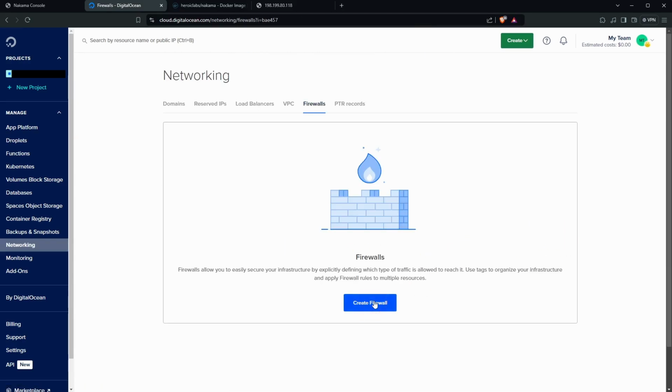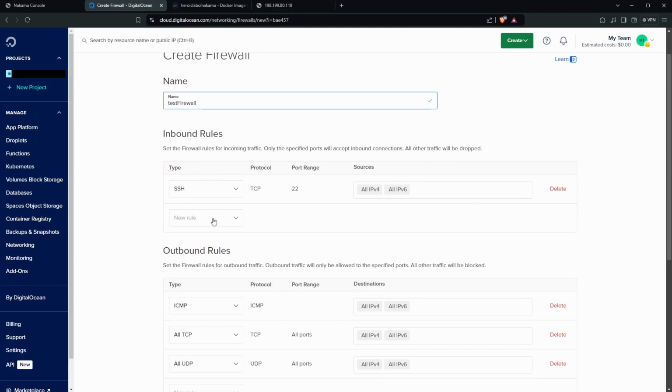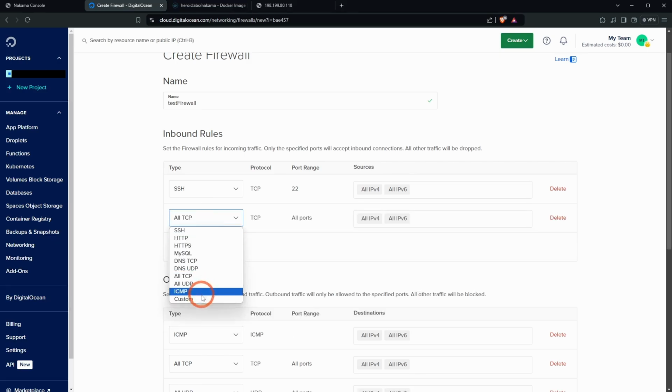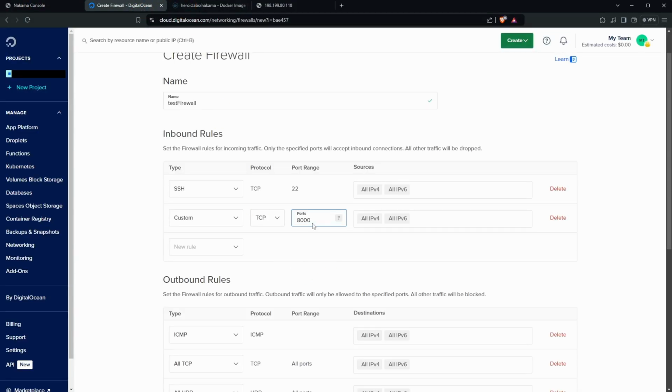Let's come down to our firewall and create a firewall. Now the firewall is just going to be test firewall. And what we'll do is have an inbound of SSH. We're also going to allow a custom one, and we're going to allow for 7351. So we'll copy that bad boy and paste it like that. And then we'll do the same thing for